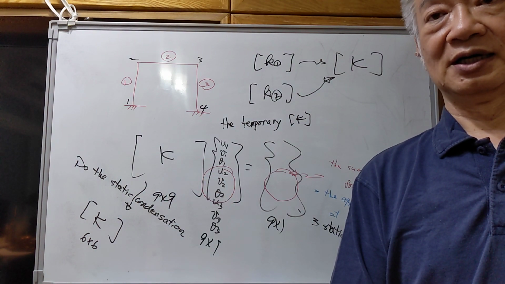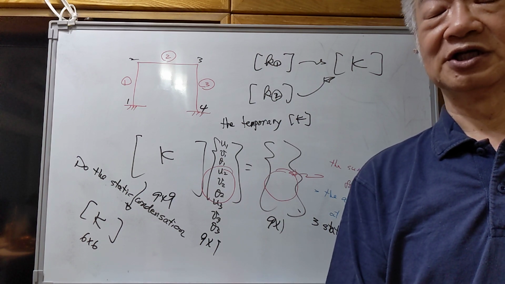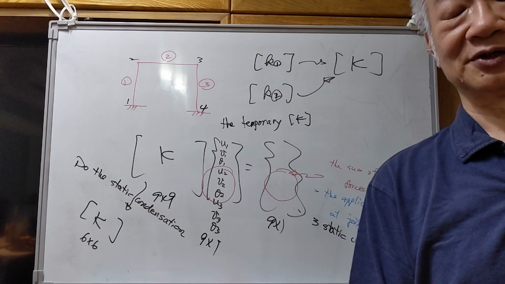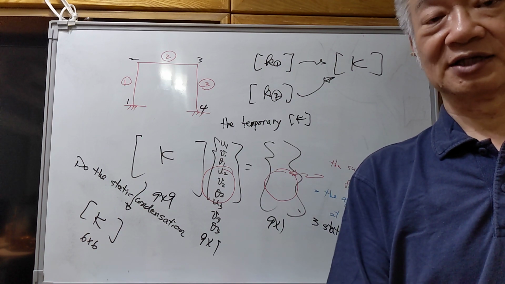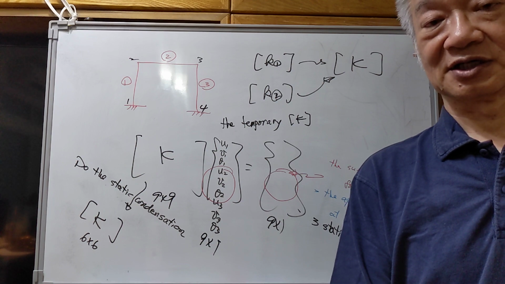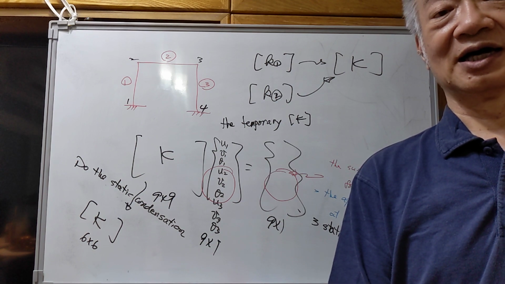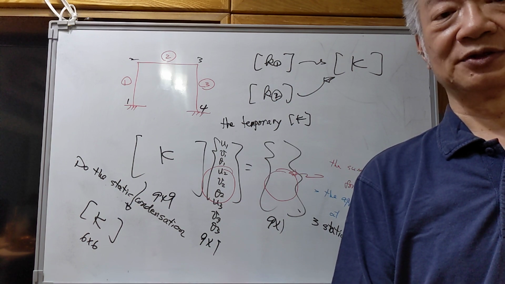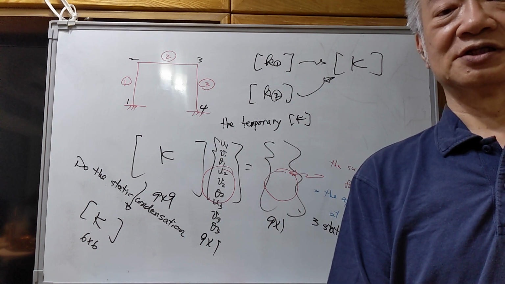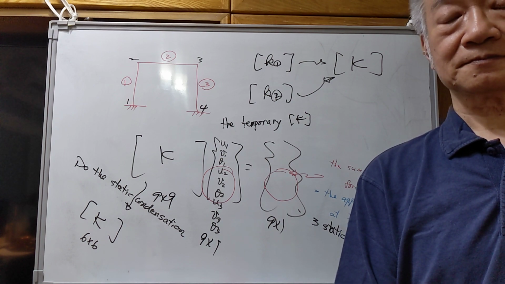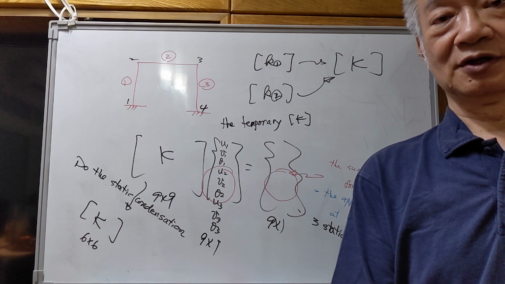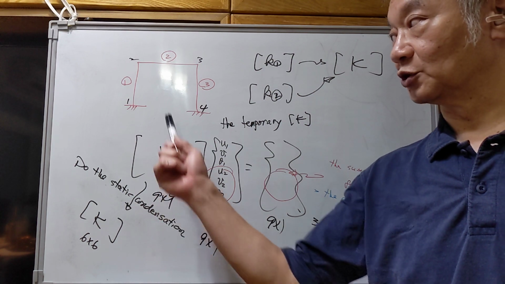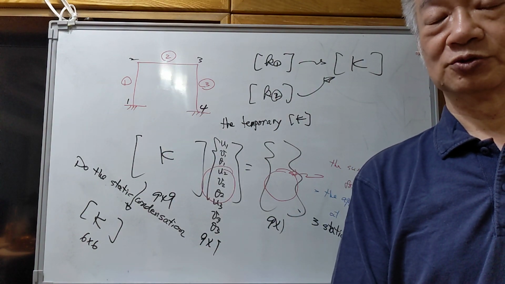But the reason why we can eliminate the three corresponding degrees of freedom for nodal point 1 is not related to the static condensation. They are related to the known boundary conditions. Since we know the nodal displacements for nodal point 1 are equal to zero,